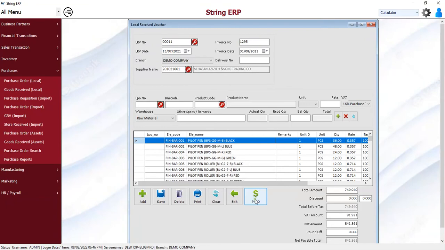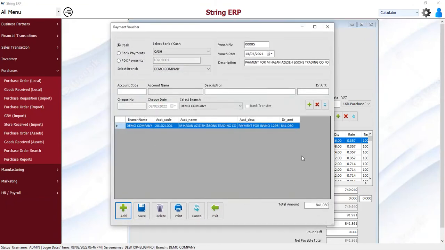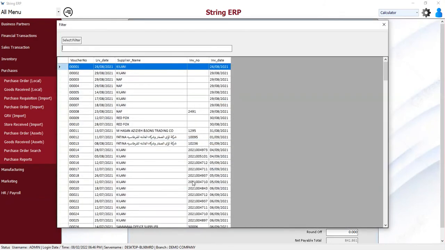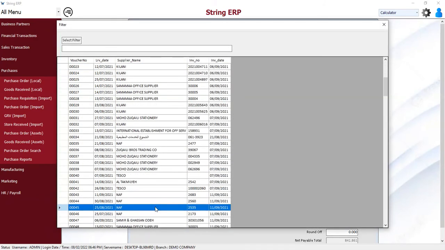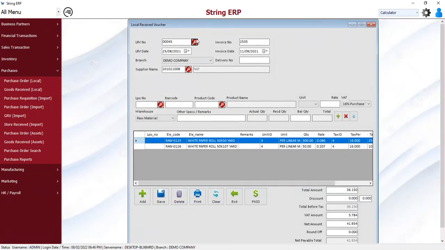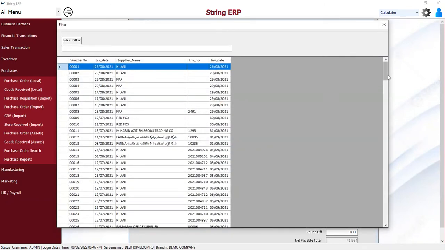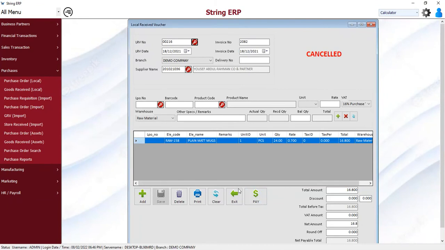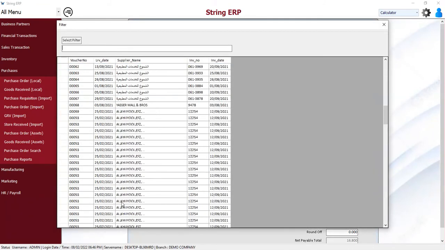So this is already paid, so you can see the payment voucher here. If it is not paid, then you can actually... so paid, it will come as if it is cancelled, you cannot do anything. But